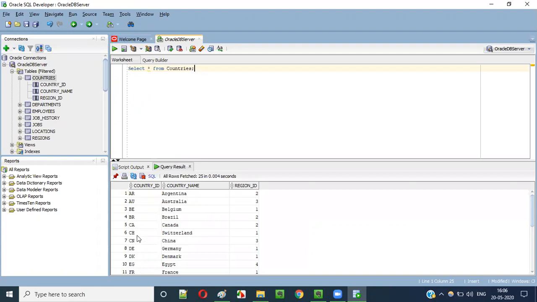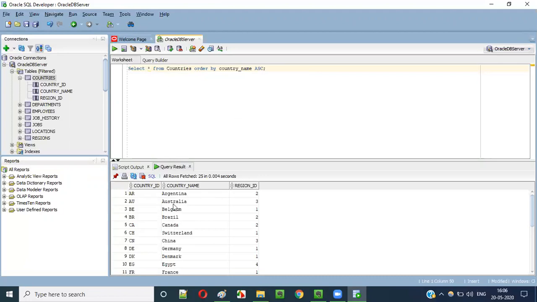For example, I would like to order all the records of this countries table in the ascending order of country name. For that, select star from countries, followed by ORDER BY, then you give the column name, country_name, and then specify ascending or descending order.